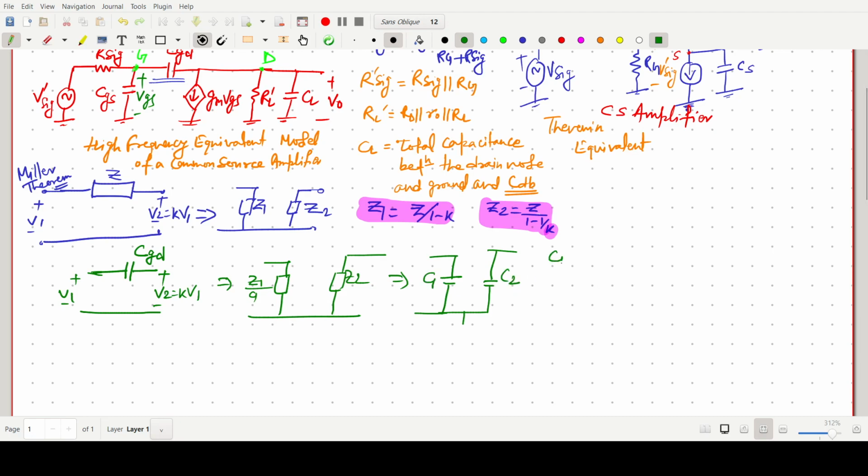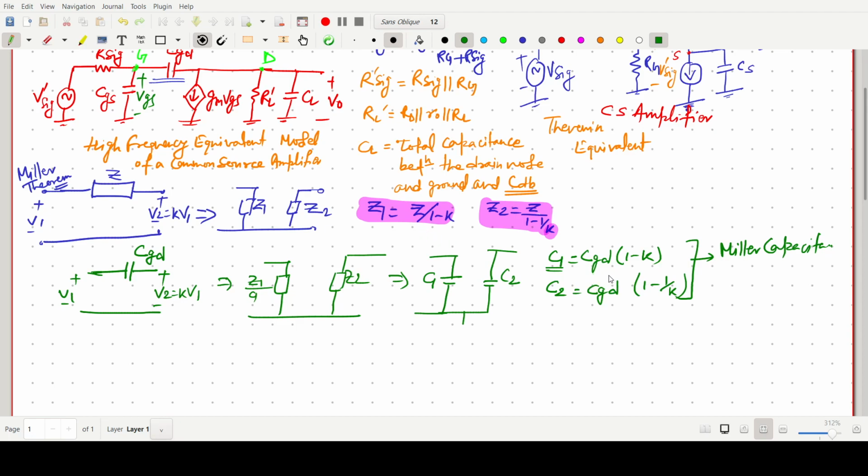So if we write the numerical value of C1, it should be CGD(1 - K), because this one is a capacitance term, so it should be CGD, 1 by impedance. And C2 is nothing but simply CGD(1 - 1/K). Okay, this one is Miller capacitance. This one is also termed as the Miller capacitance. In case of resistance, it should be R by 1 minus K, but here this one is in